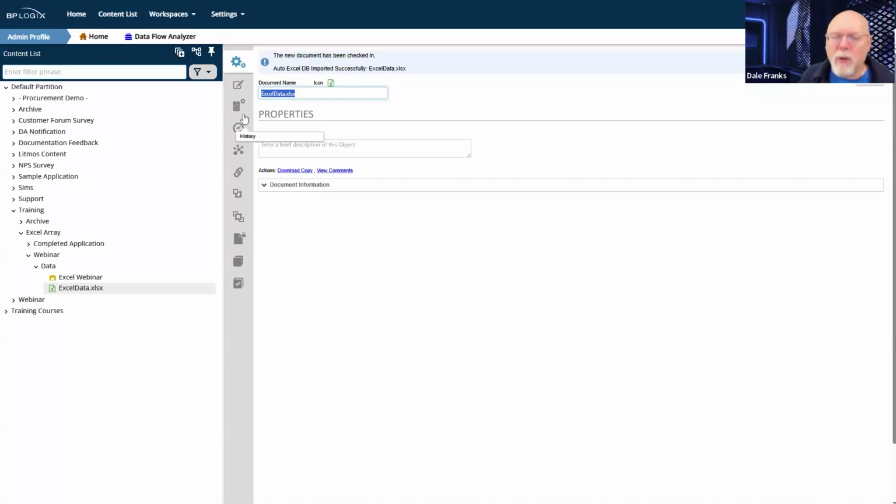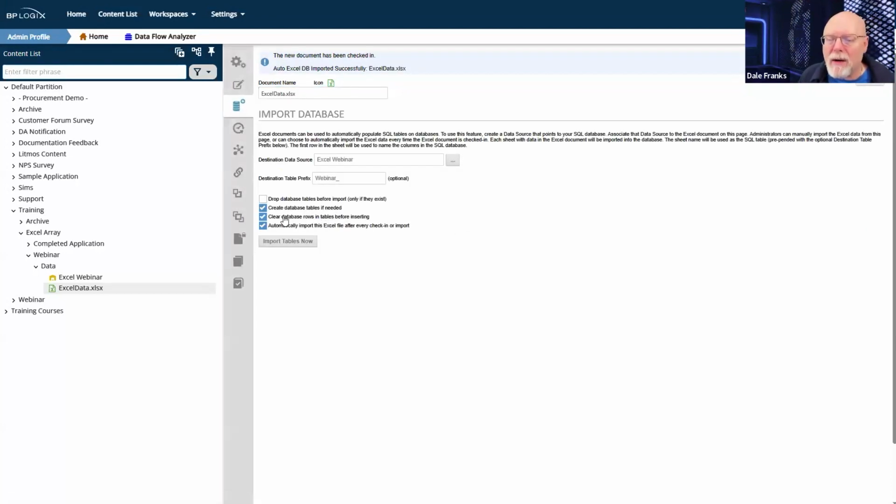Is this property right here, this clear database rows. Now, in our case, we wanted that because we just brought in the entire data set again, and this data set just happens to have a new row appended to it. Is that how your data is actually going to be brought in?